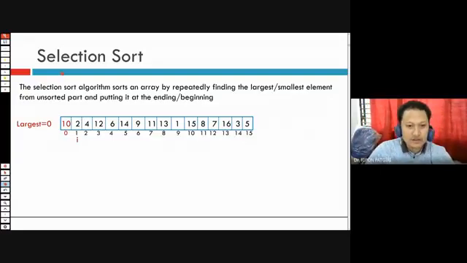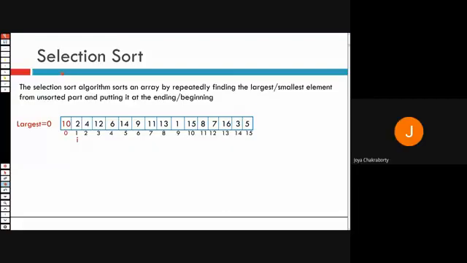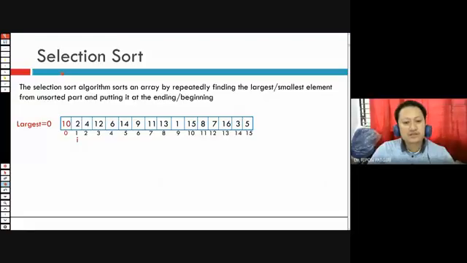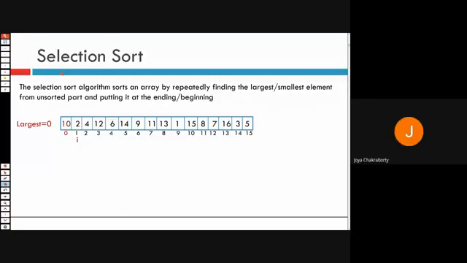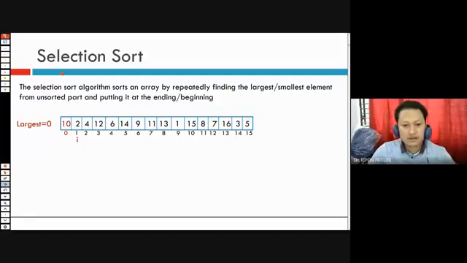Pushpayan, are you there? Jaya Chakraborty, Jaya, are you there? Yes, sir. Can you imagine how you are going to sort it? Krishna?